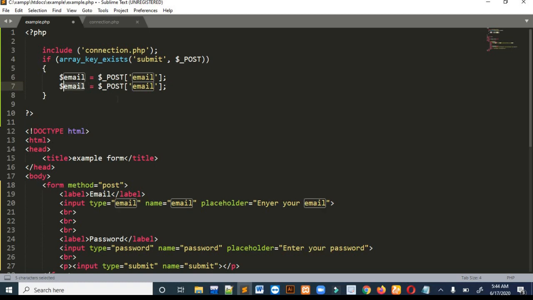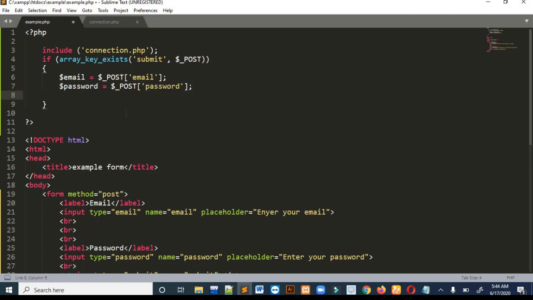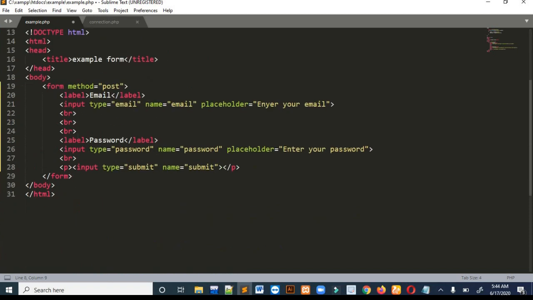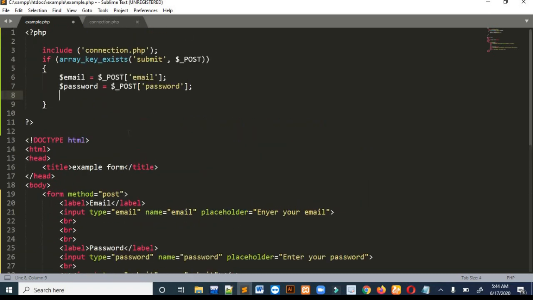For password I will create another variable named password. Now both of our things have been posted. If you have any other things in the form, 10 fields, 20 fields, you just have to post them the same way.